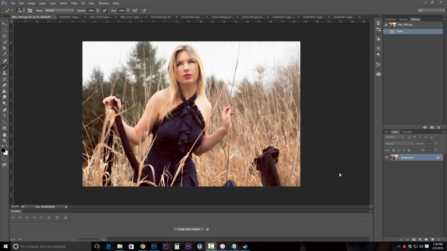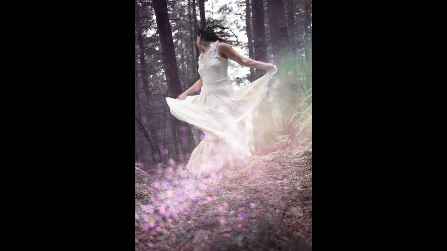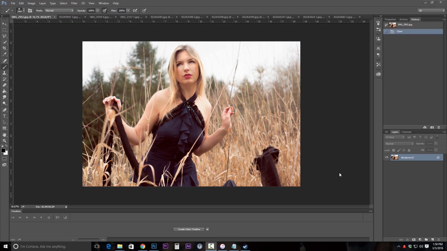So today I want to show you guys how to use light and bokeh stocks on your images and how to best manipulate those stock and overlay textures so that they blend well with your images. So right here we have an image of our friend Carmen Spiller, and I'm going to go ahead and add